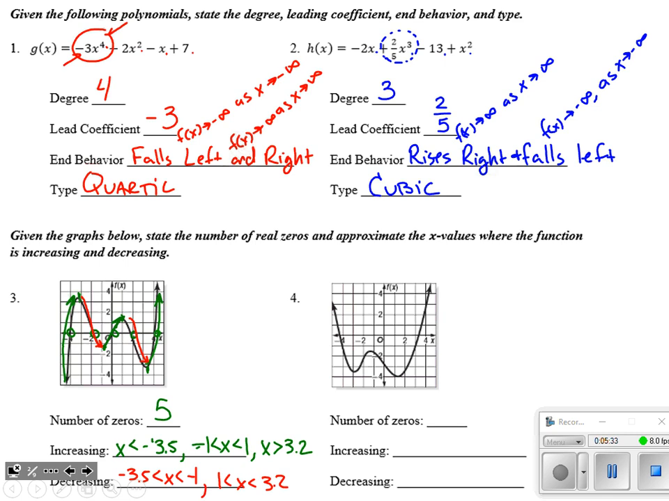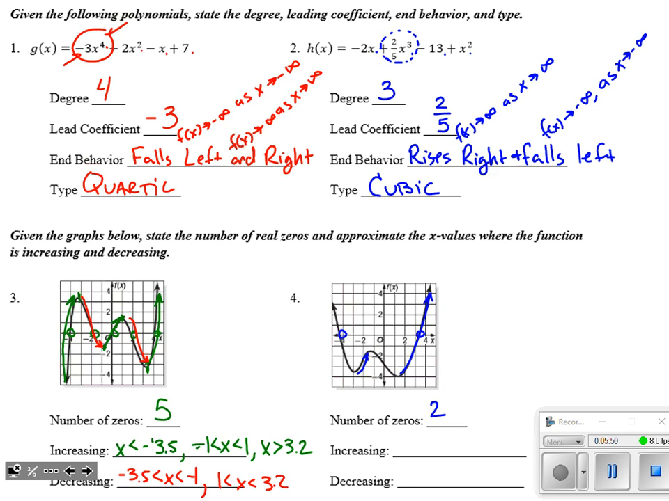Let's try problem number 4. How many real zeros does this graph have? Let's go in blue. Well, it crosses the real x-axis twice, so 2 real zeros. Okay, it is increasing. Let's see, if my car is traveling left to right across that graph, it's going uphill